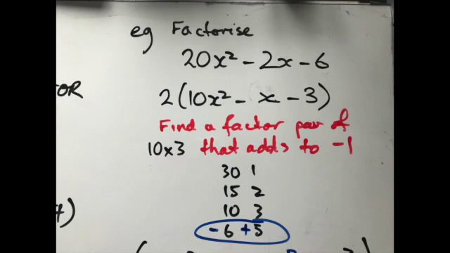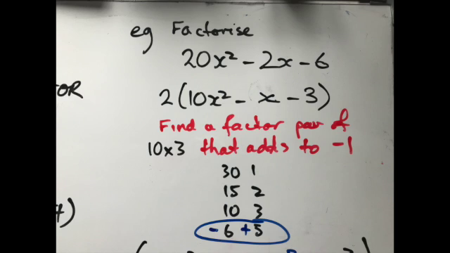So our 10 times minus 3 was 30, and the factor pairs are 1 and 30, 15 and 2, 10 and 3, and 6 and 5. For them to add together to give negative 1, well, if we use the 6 and the 5, that'll work out if we put a negative with the 6 and a positive with the 5. Groovy. So we move on to the next bit,